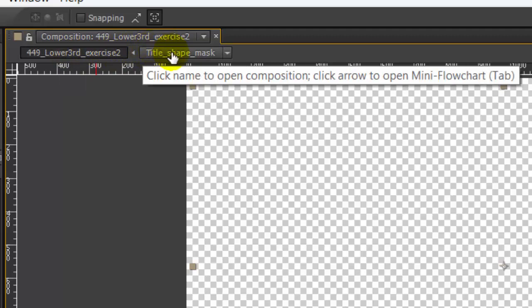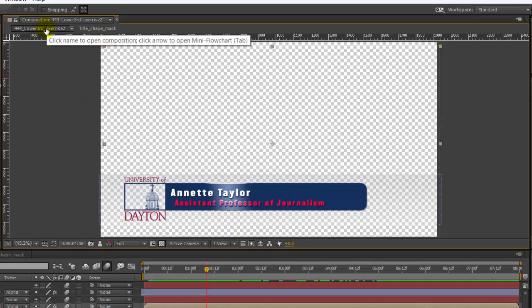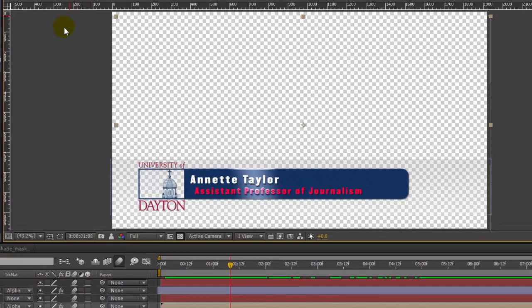But right underneath that, this is the composition that we're currently working on. But if I look to the right, we're actually going to notice this is the composition that is nested inside of this project panel. And the way I'll show you later on when we get into lower thirds and the creation of them and using compositions, it's going to help you because I use this so I can actually create a title within this, the professor's name, Annette Taylor, and I would change it here and it would actually automatically show up within this composition. So it'll be something cool, a little feature we're going to learn later on in the semester. But those are some quick things that we're going to notice within a composition panel.